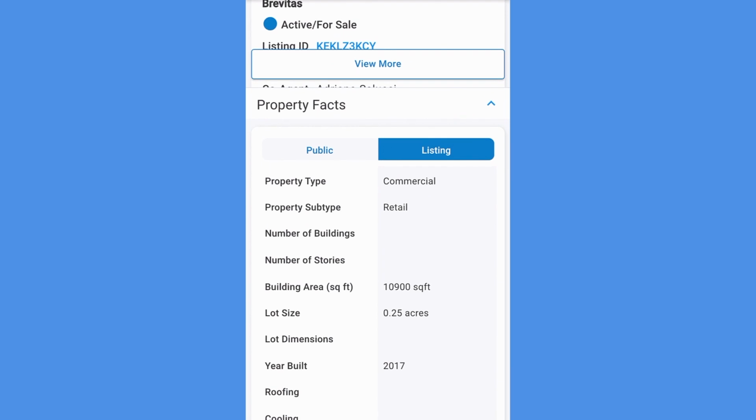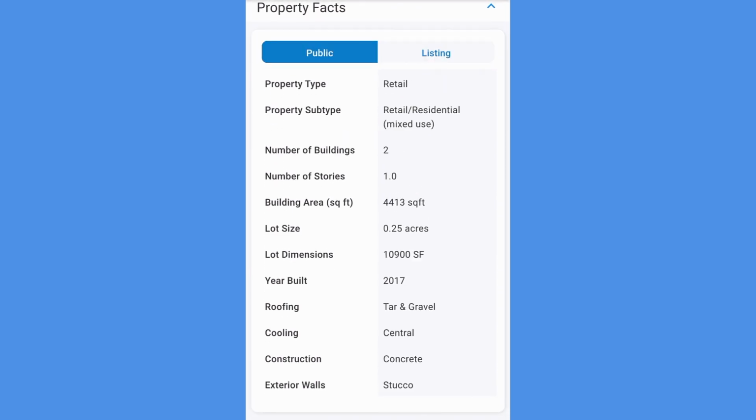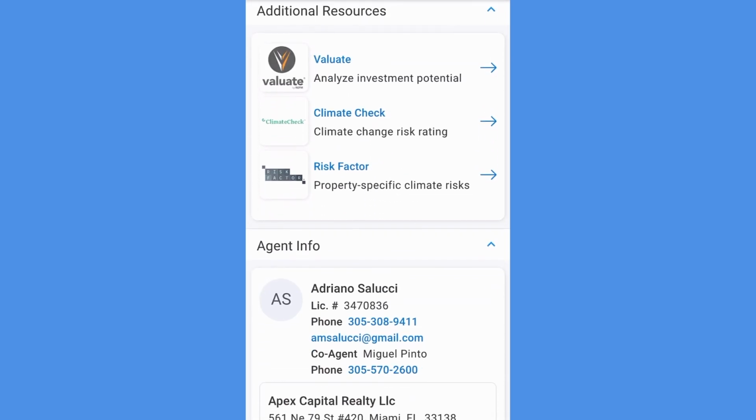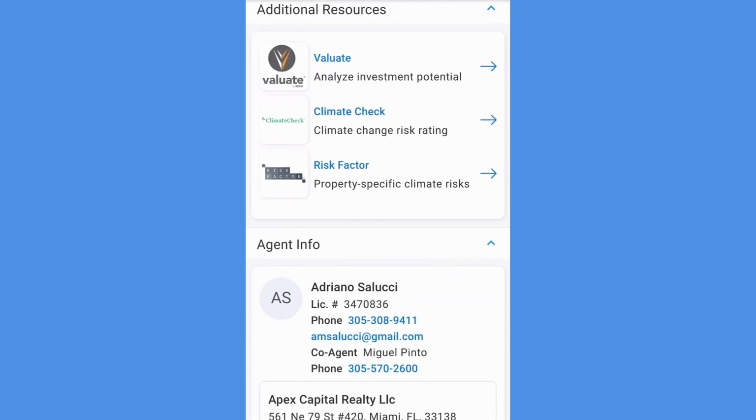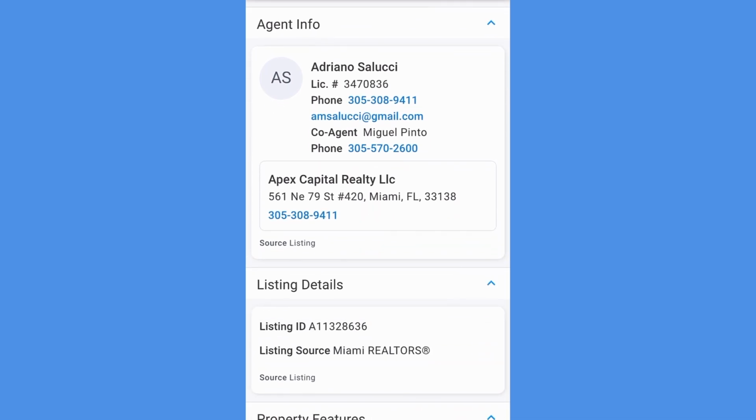In the Property Facts section, you can access both public and MLS records by tapping Public or Listing to switch the view. Additional resources links out to our partners based off that property, such as Climate Check, Risk Factor, or Evaluate, our investor analysis tool. If the property is on market, the app will feature the agent's info, including their contact information